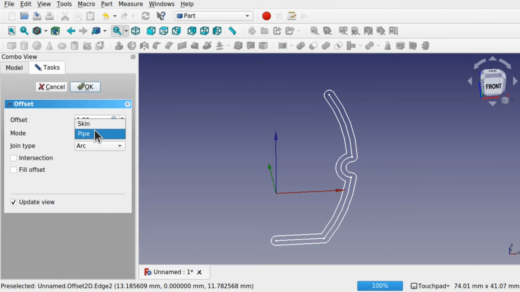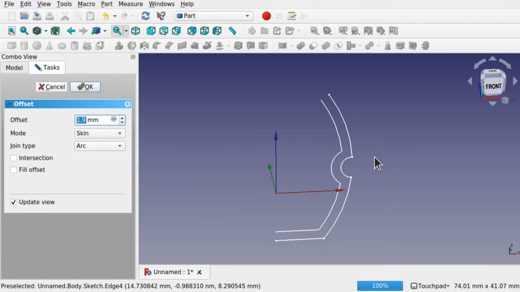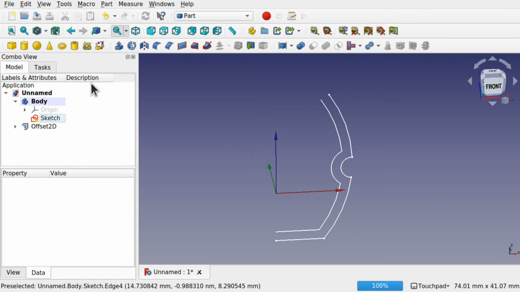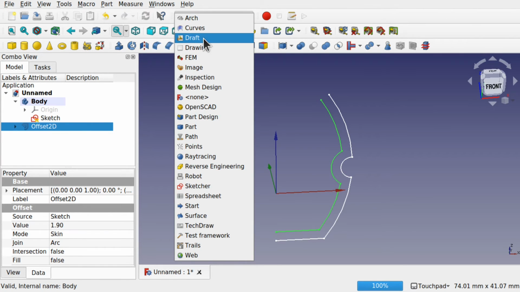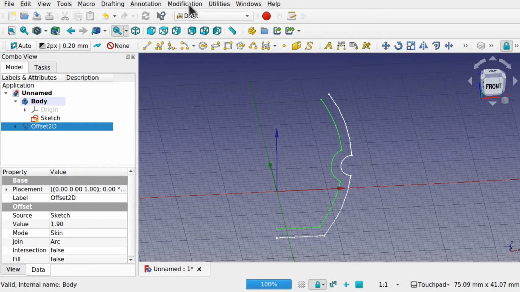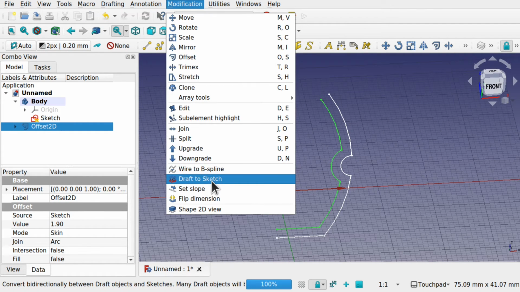Change the mode to skin. We'll get a skin in there, and we can change these to wherever we want. So I'm going to send this inwards a bit, hit OK. Click on the 2D offset, come over to the draft workbench, and then come up to modification and draft to